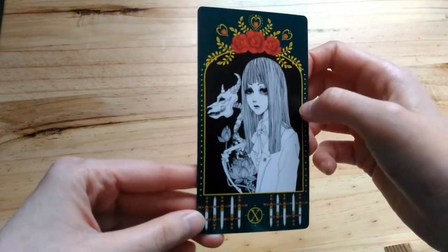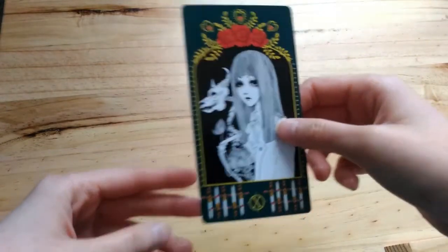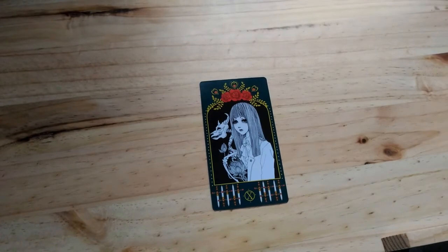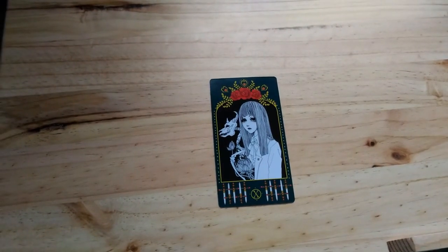I just absolutely love the contrast, because I feel like that's kind of saying Ten of Swords represents destruction. It represents the bare bones of things, like nothing is left. But at the same time, lotus represents life and spirituality, grace, and beauty. So it's kind of like those two things are often, they can go hand in hand together, because